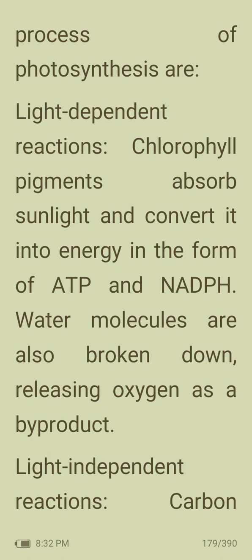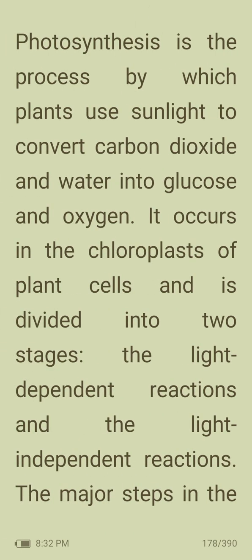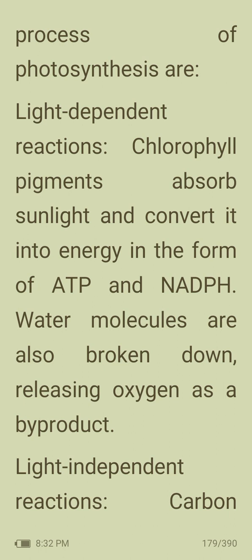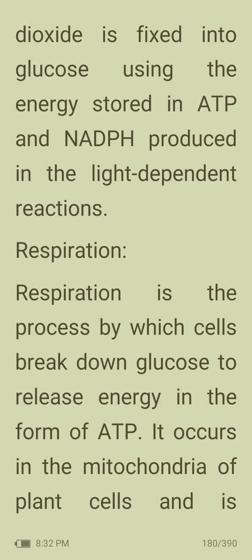The major steps in the process of photosynthesis are, first, light-dependent reactions: chlorophyll pigments absorb sunlight and convert it into energy in the form of ATP and NADPH. Water molecules are also broken down, releasing oxygen as a byproduct. Then light-independent reactions: carbon dioxide is fixed into glucose using the energy stored in ATP and NADPH produced in the